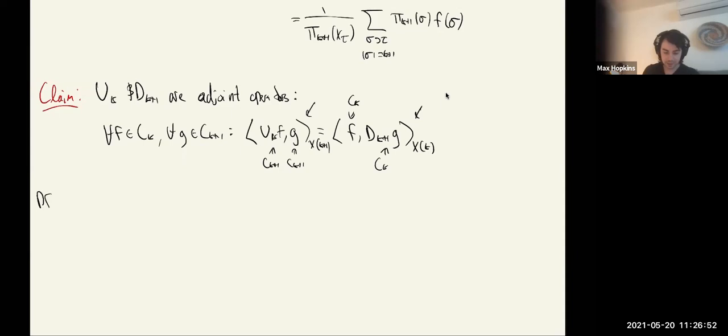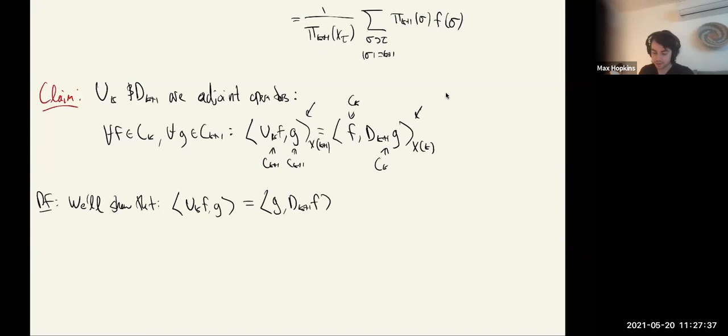So what's the proof of this? It's basically exactly what I just said, but let's go over it fully formally. We'll show the following. For simplicity, I'm not going to write which inner product I'm in every time I write an inner product. But know that sometimes the inner products, like when I flip, are indeed over C^{K+1} or C^K. It's in the background. You don't have to worry about it that much because we've defined things such that it's always going to work out. So we'll prove that U^K F, G is equal to F, D^{K+1} G, and that both of these are in fact just the joint expectation